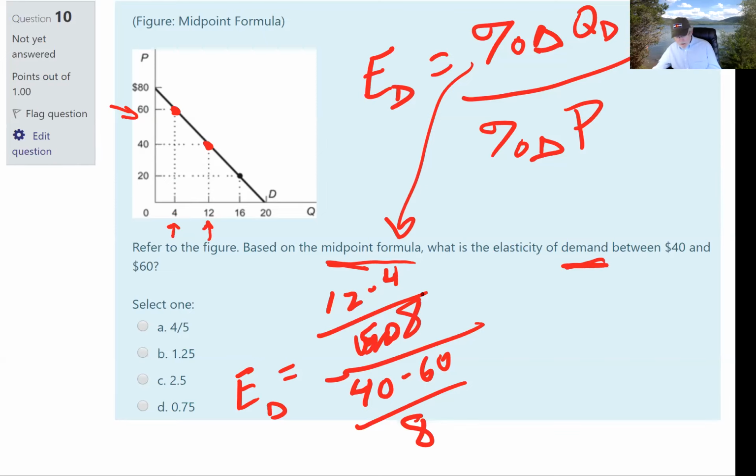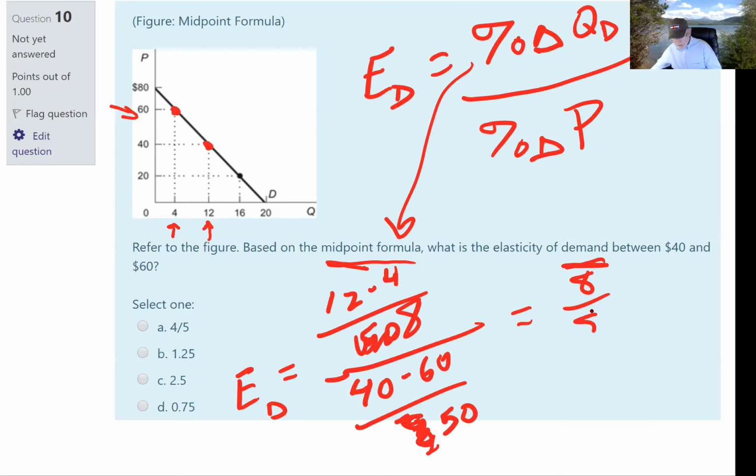Okay, and then in the denominator, where we're dealing with price, that's going to be 40 minus 60, and for the denominator here, what do you use? You use the midpoint between 40 and 60, which is 50. Okay. Of course, I actually made that mistake on purpose just to see if you would catch it. Not really, but